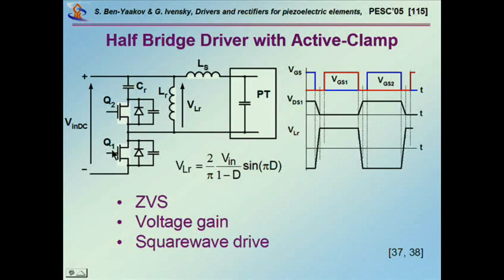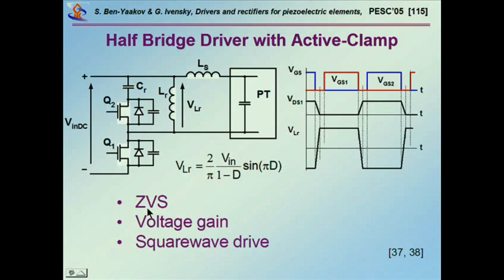So when you turn this transistor off, this current is going into this capacitor and building up a voltage, which could be, of course, higher than the input DC. Okay? So in this case, it turns out that the voltage that you generate across the capacitor has this form,